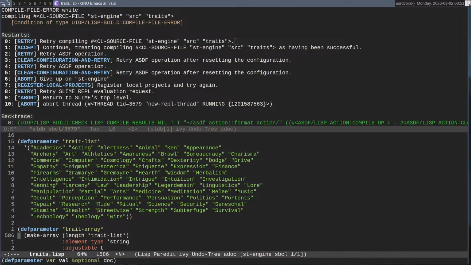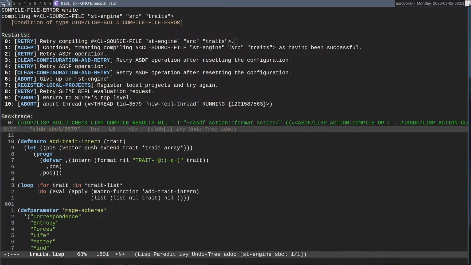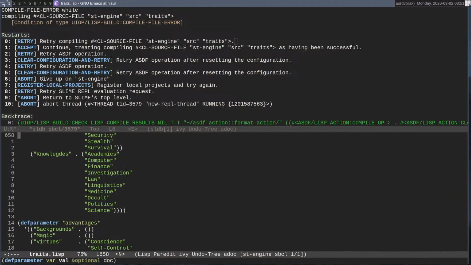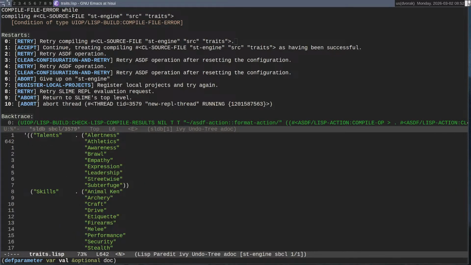So I made a list of all of the abilities, turned it into an array, I think. We're interning everything, which I'll show you when it works. I've got a couple of other things here. What is this? Oh, that's the original abilities list that I had.